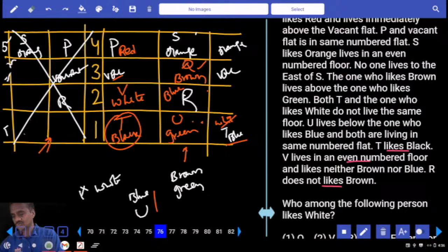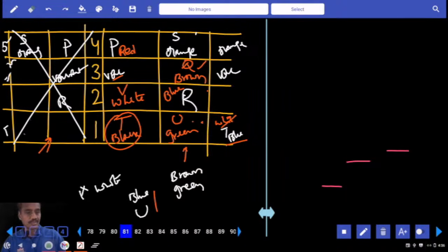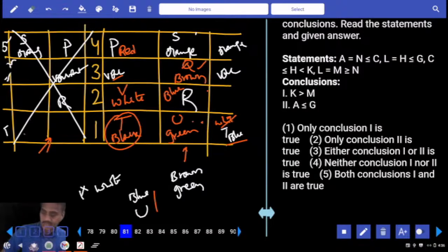Now questions 76 to 80 come under the second priority. Then 81 onwards, how many questions? 3 questions. 81 to 83 come under the first priority, the relation